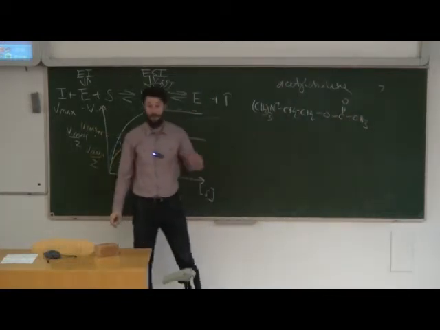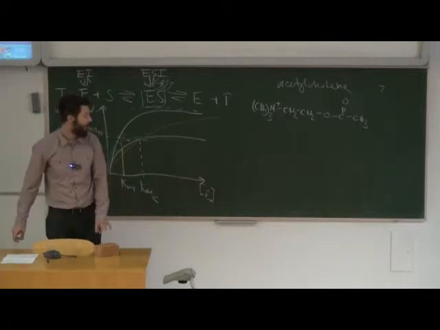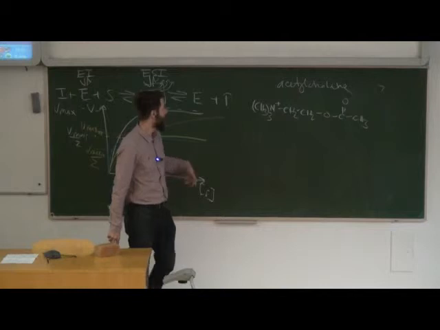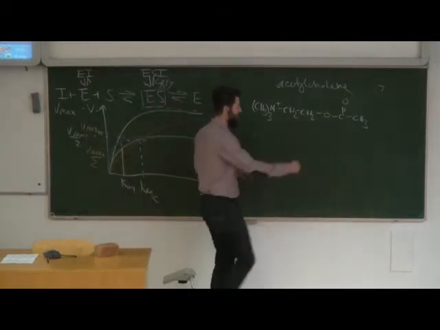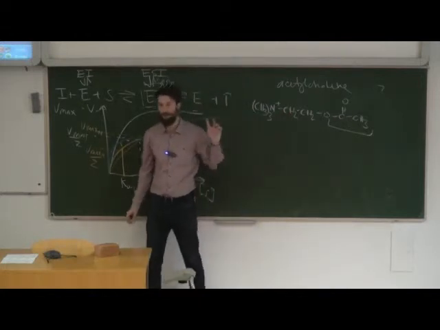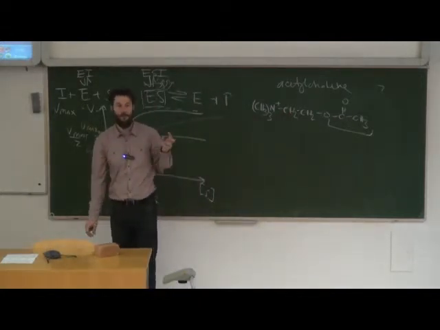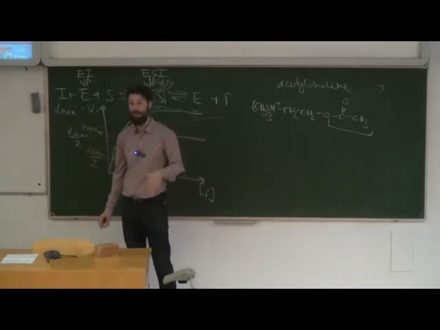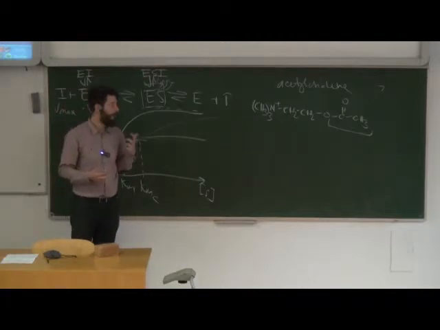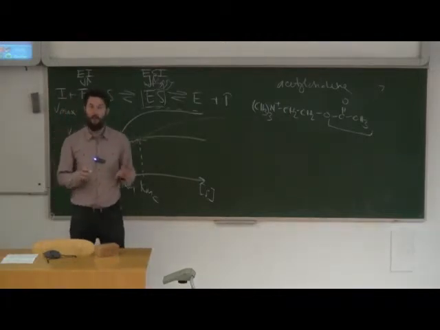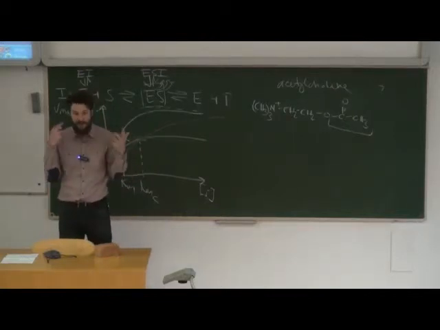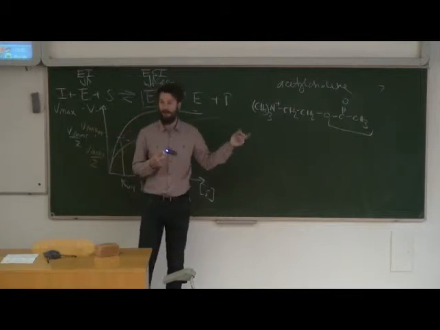Okay, this is what acetylcholine looks like. At this point, you don't have to remember it, but soon you will. So this is acetylcholine. This is the acetyl part, and this is choline. Acetylcholine is used both in the central nervous system and in the peripheral nervous system to transmit signals. In the central nervous system in the brain, among other things, it's important for the recollection of memory. So some of the memory circuits depend on acetylcholine.